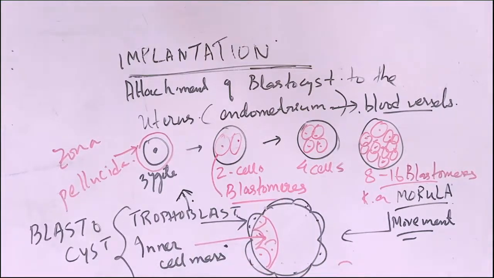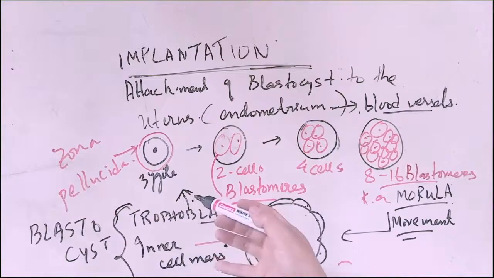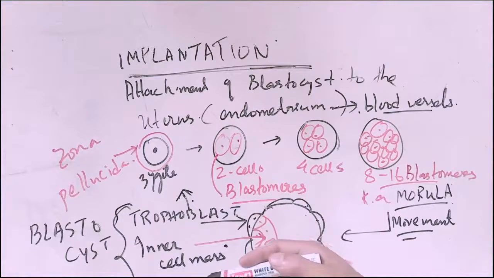Yeah, and the embryo will become what? The baby, all right, after 9 months. So this structure is known as the blastocyst. It has trophoblast and inner cell mass. Trophoblast will give rise to the placenta from the fetal side, not from the mother's side. Okay, mind you. And then the inner cell mass will form the embryo.